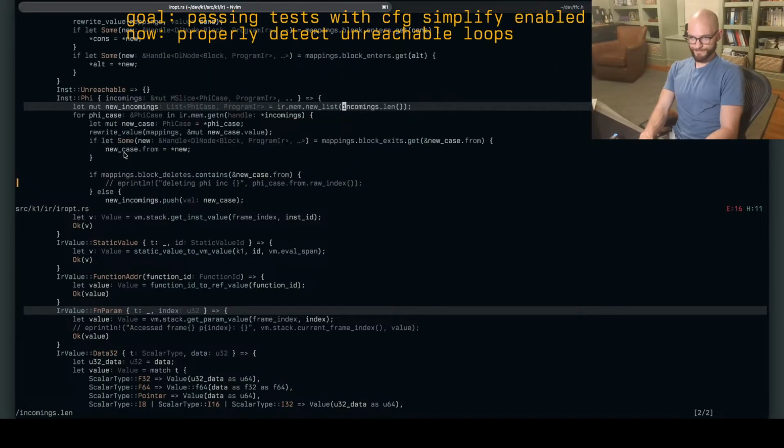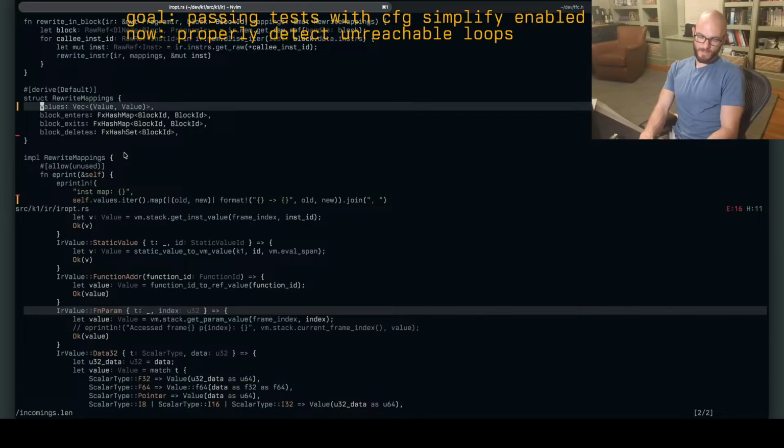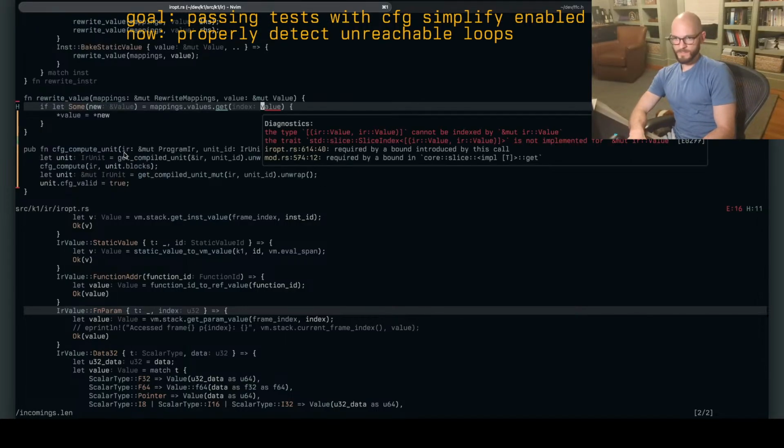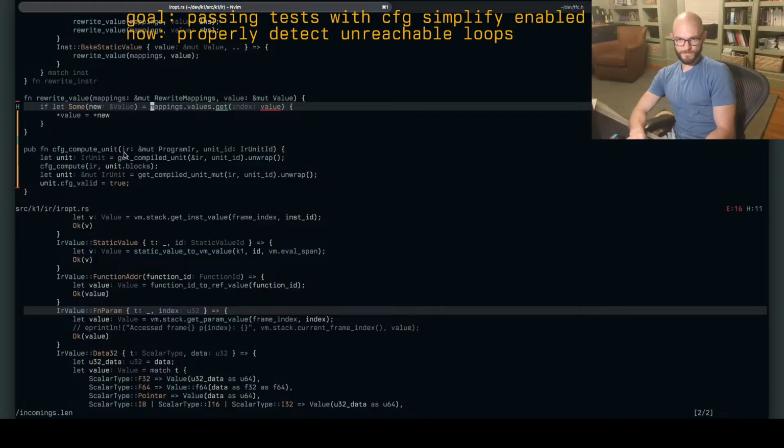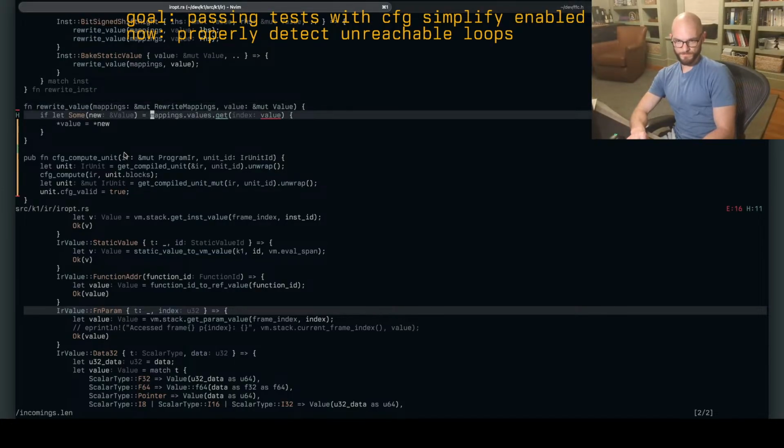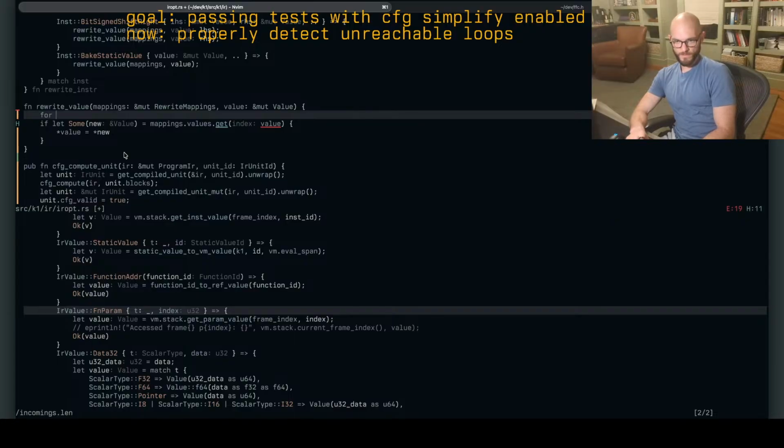Yep. Let's do it this way. Yep, and this function becomes for